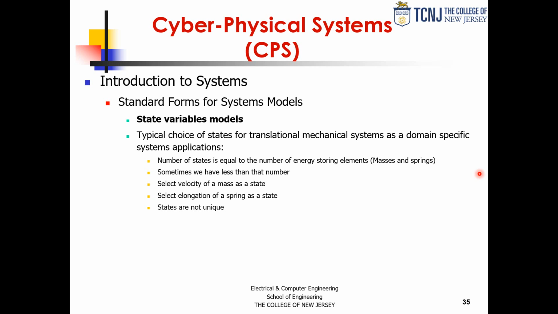So we may have less. We could select, in this case, instead of the mass and spring, the velocity and a mass. Or select the elongation of the spring as a state variable. So they're not unique. In the RLC case, we could select the current to be a state, or we could select the voltage. The important thing is that we can relate all these quantities together, and we'll see that it can be done in a very elegant way,